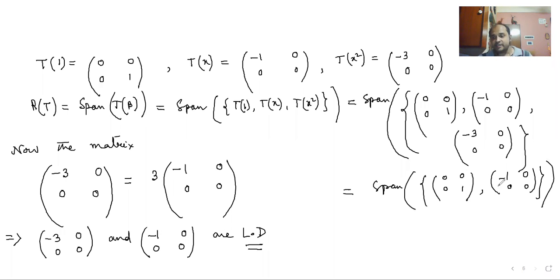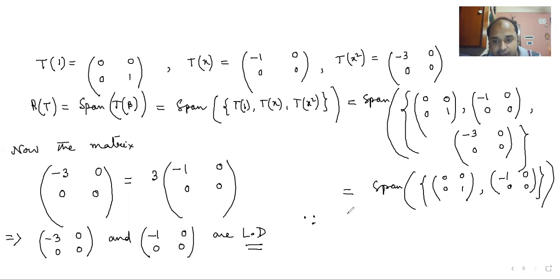None of these vectors is a multiple of the other. Okay, and this RT is being spanned by these two elements. Since RT is being spanned by these two, the basis of RT, I mean the span set,